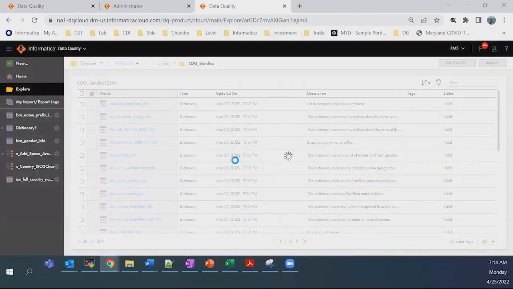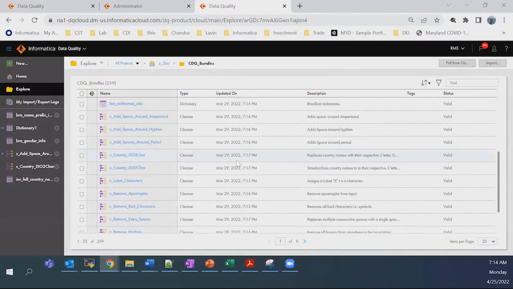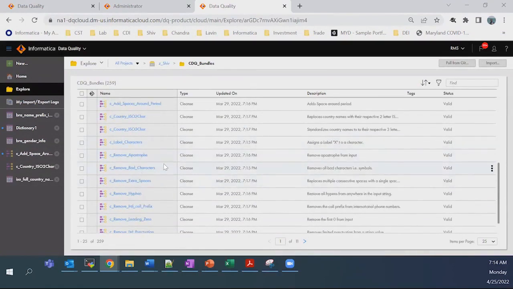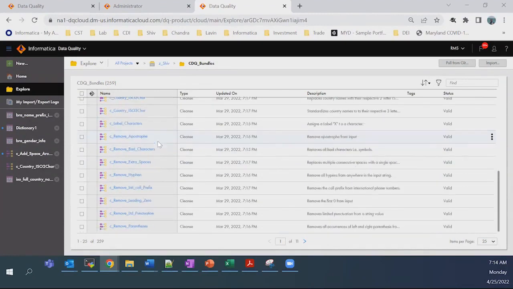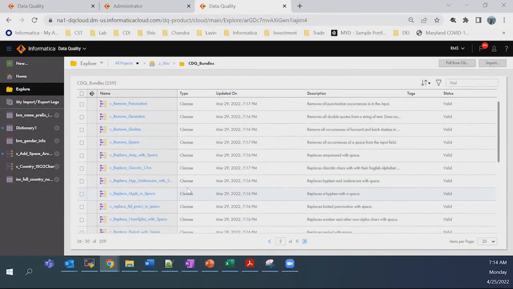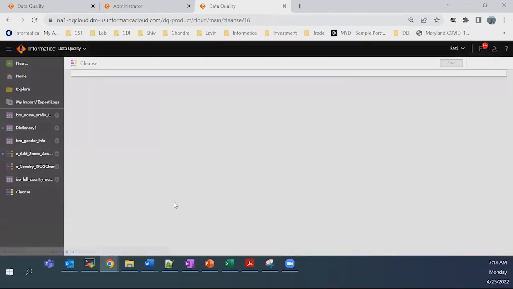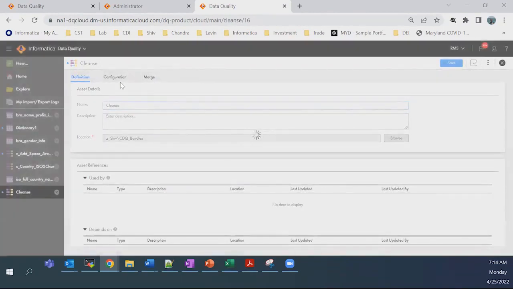And cleansing is using the dictionary in this case. So you can have your regular expression or your dictionary-based cleansing mechanism. And there are many other cleansing assets out of the box. So I think most of the time you can use our out of the box assets or bundles. Sometimes if you have to create your own, you can simply create it. And creating is just, go here, work on cleansing, then